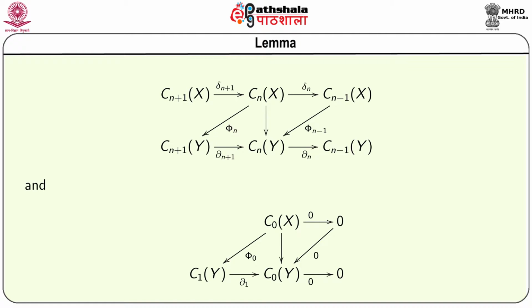Similarly, if we look at the left triangle, then composing delta n plus 1 with phi n, we get a function from Cnx to Cny. The lemma claims that the sum of these two functions from Cnx to Cny will be equal to Cng minus Cnf. Also,